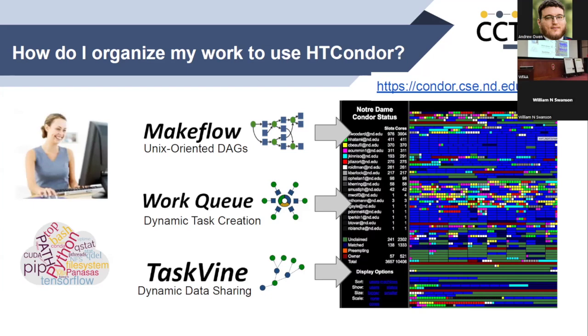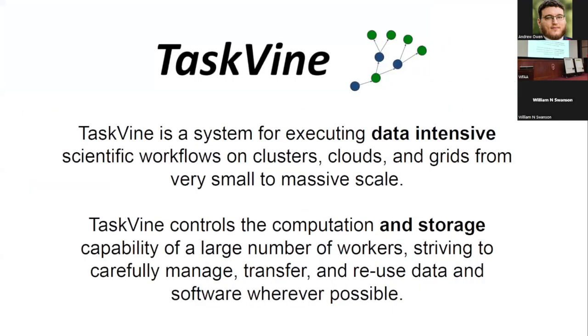And today I want to talk about TaskVine, which is a system for data-intensive workflows, and in particular function-oriented workflows is the new thing this time around. So TaskVine is a system for executing data-intensive scientific workflows on clusters, clouds, and grids. Do we say grids anymore? Just clusters and clouds. From very small to massive scale. We want to make it easy to prototype something on your laptop and then make the jump to your high